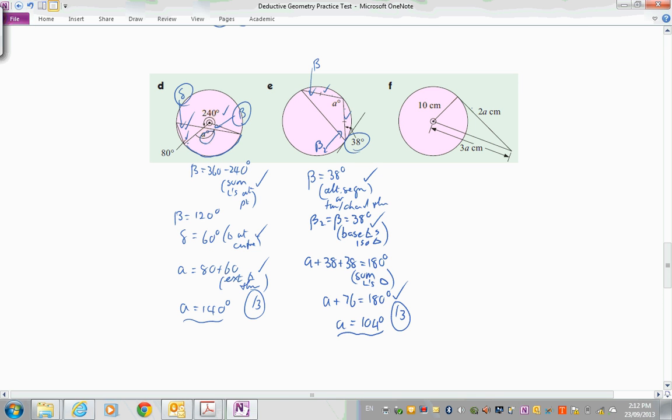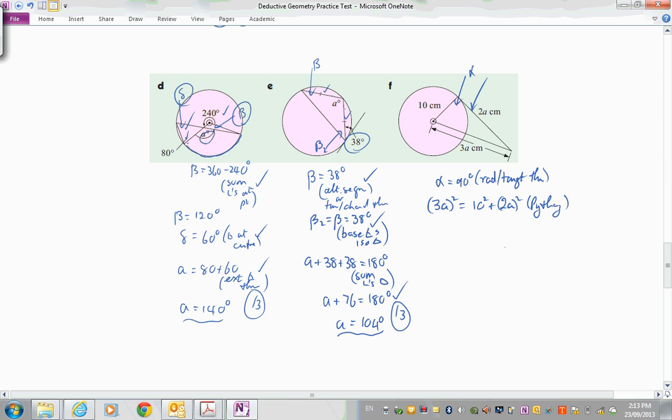What do you notice? All tangent, tangent. Okay, that's special. And there's a radius tangent theorem that says that this angle is 90. So let's put that down. Alpha is 90 degrees, radius tangent theorem. Says that that's 90. And I think we've got the answer then, because we can say 3a all squared, the square on the hypotenuse, equals the sum of the squares on the other two sides